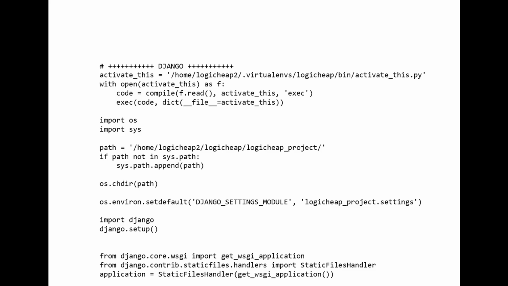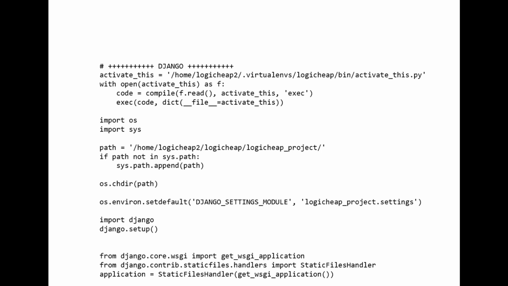So after making a few changes to the template, this file actually worked for me. I'm not going to go too much into detail of this file, but let me give you a brief of what I did here. The first four lines that you can see in this file simply activate your virtual environment, which is by the name of Logic Heap.